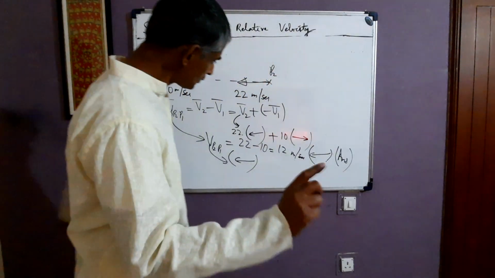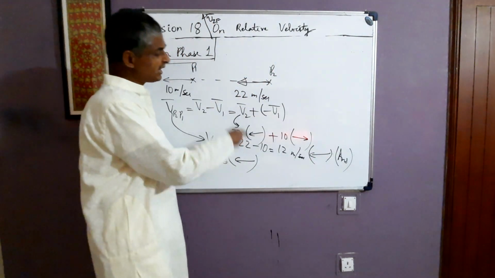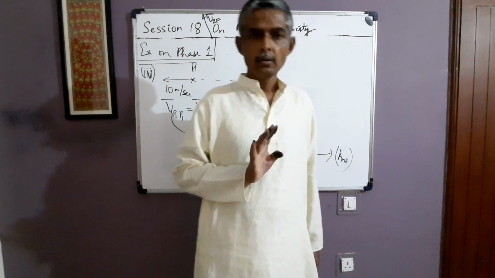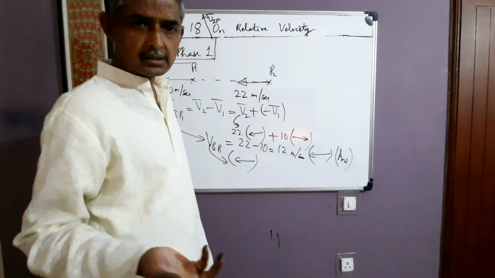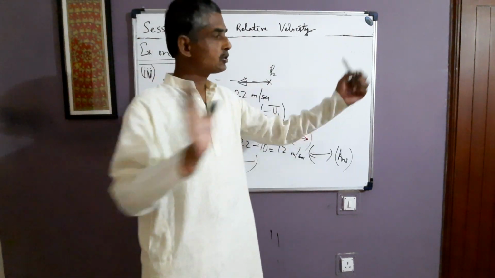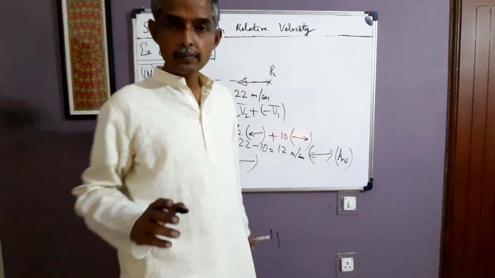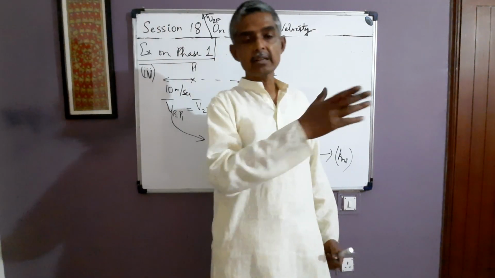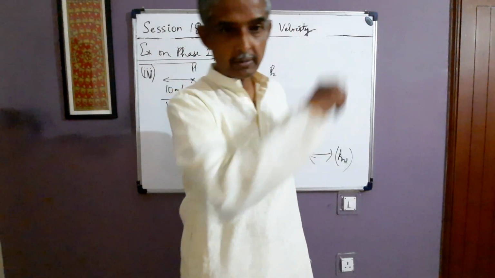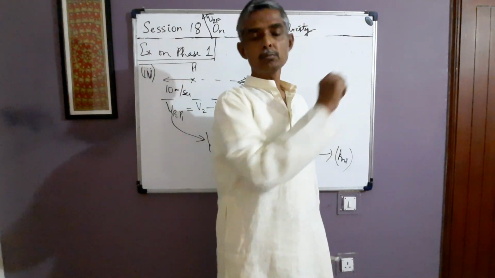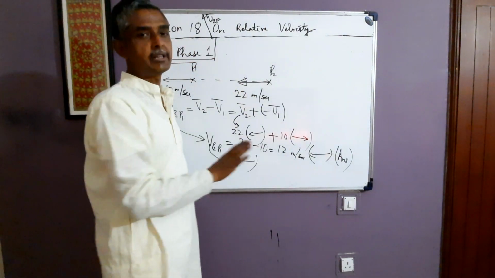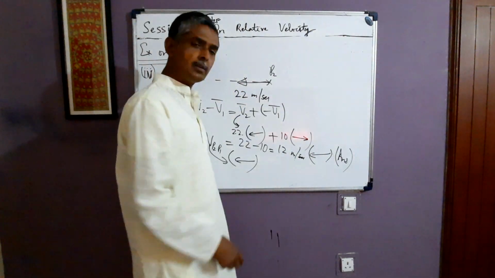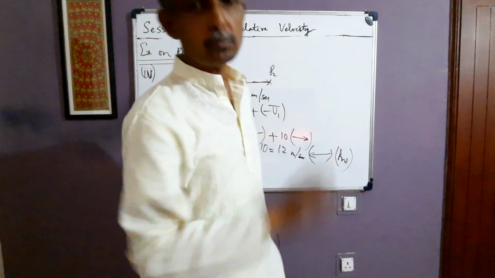See, one thing I'll tell. These concepts are extremely important, especially in geometrical optics. Here we have a moving plane mirror, moving source, find the velocity of image. A moving concave mirror, moving convex mirror, moving source, find the velocity of image. Or we have a moving lens, moving source, find the velocity of image. So these concepts of relative velocity should be absolutely clear. If you are clear with these, it's a matter of a few seconds to go and solve those problems.